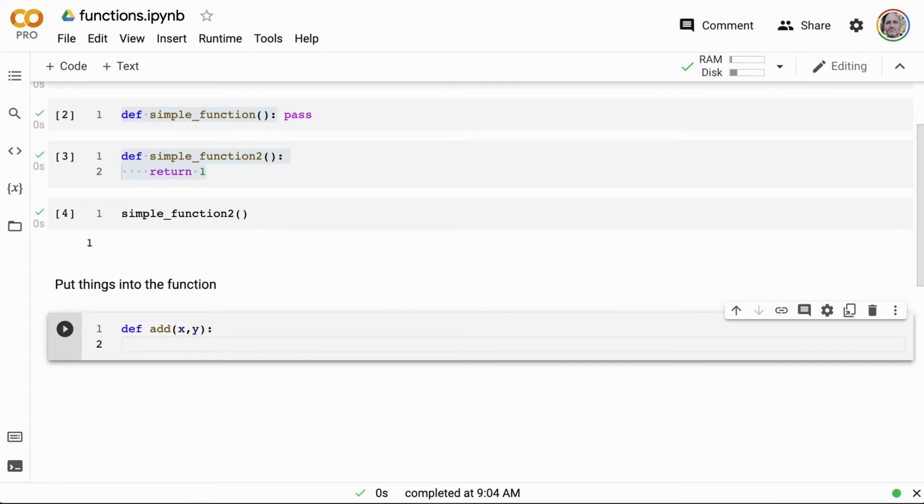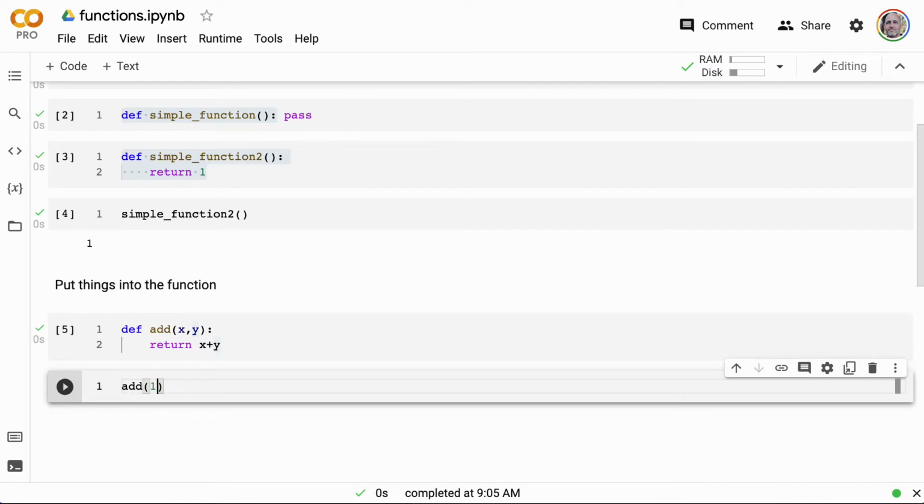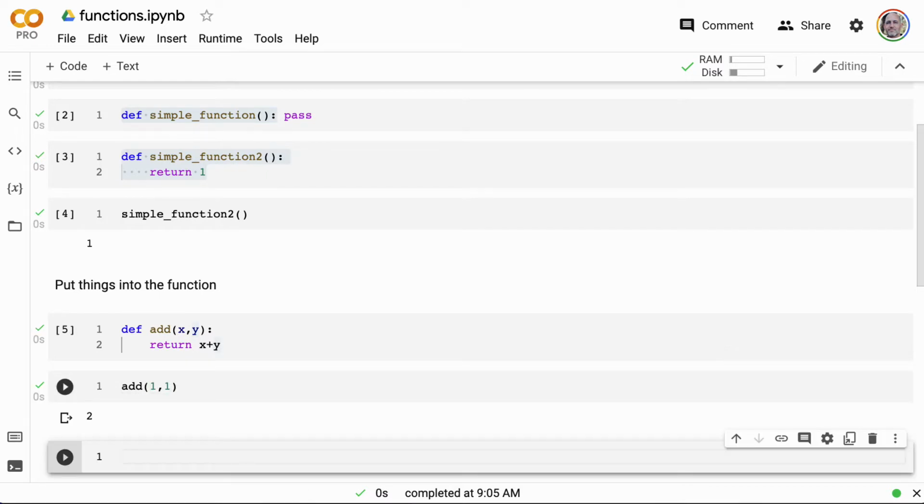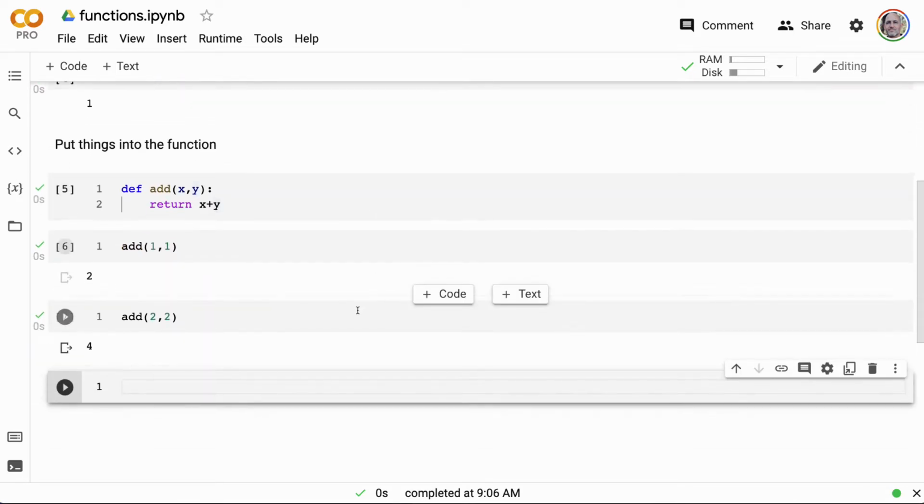And so what we can do is we can say we want to return the x plus the y, just like that. And in this case, in order to add something, we just do this. We just say 1 and 1. There we go. We got 2. And now this is where it becomes very different than the variable, because unlike the variable, it's stuck, right? It's static at whatever I assign to it. In this, it's dynamic. And so I can say add 2 and 2. Right, now it does a lot of different things. So we really have a piece of logic that's reusable over and over and over again.